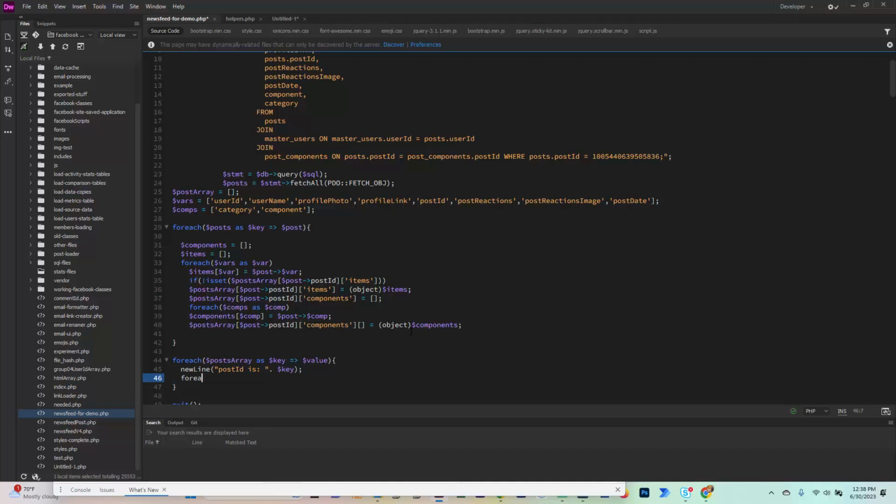So now we'll have foreach value items as, and we've already got keys, so we'll say K, items key to be clear, as items value. We're just arbitrarily giving these names. When you have a foreach, whatever you put here represents the key. Whatever you put here represents the value of the array. And you could have